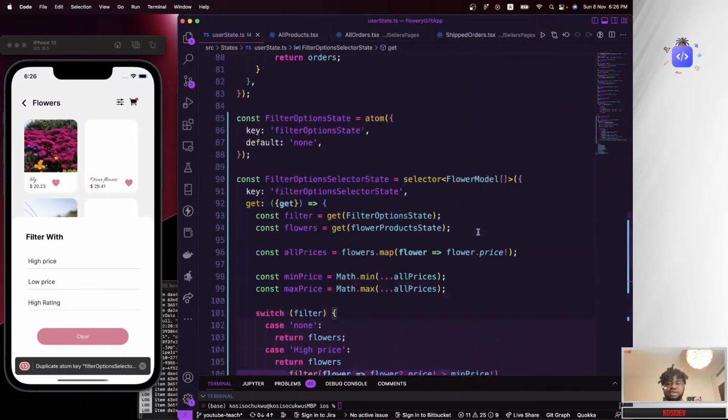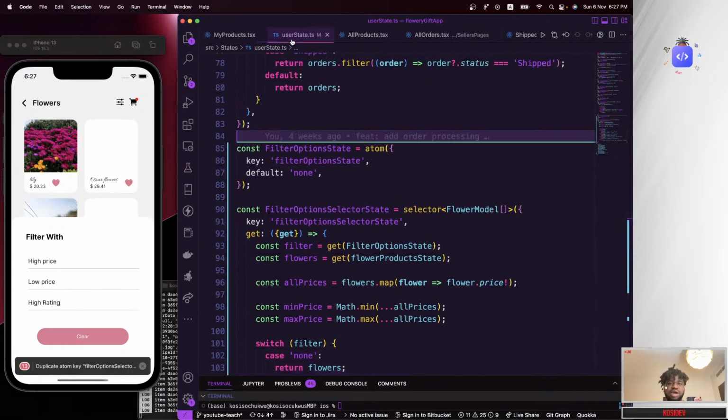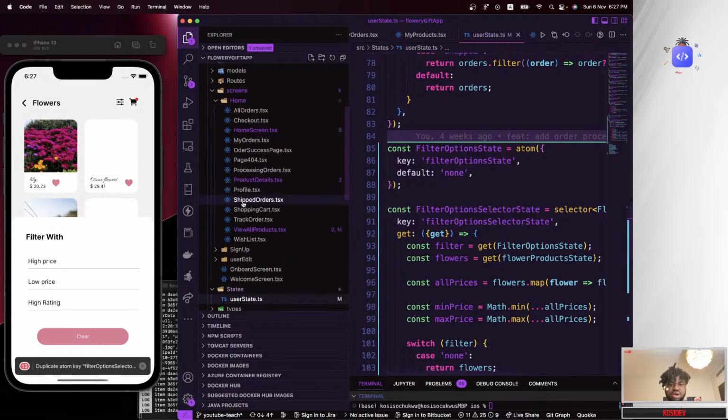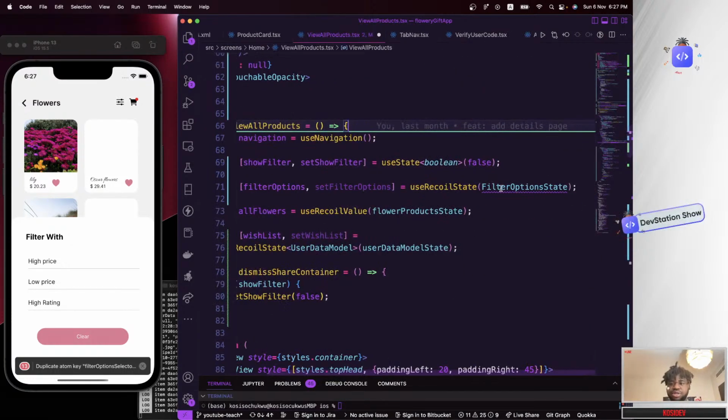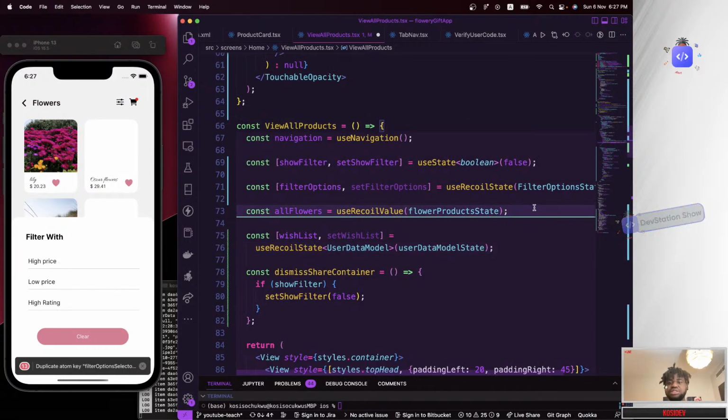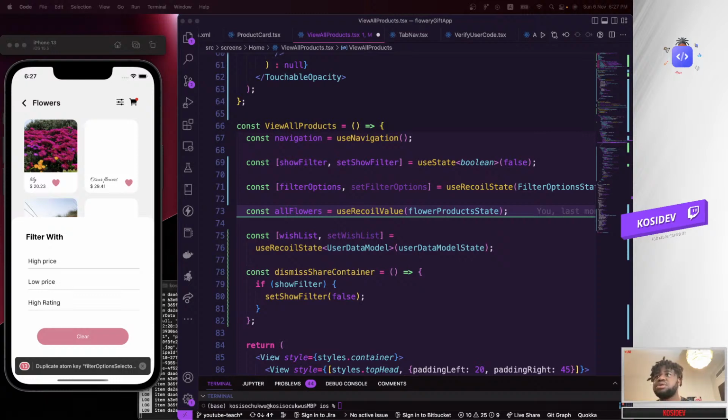Once this is saved, next I will go over to view all products that I had, and then import this right in there. Once this is imported, let's see if there's something else I'm missing that I need to import also. Let's see. So we have